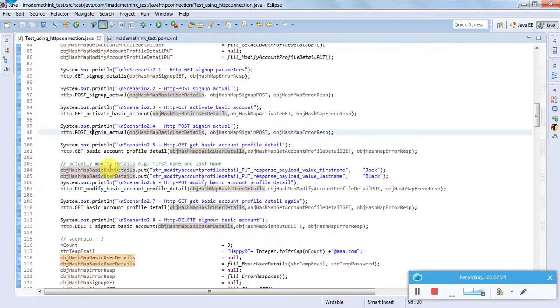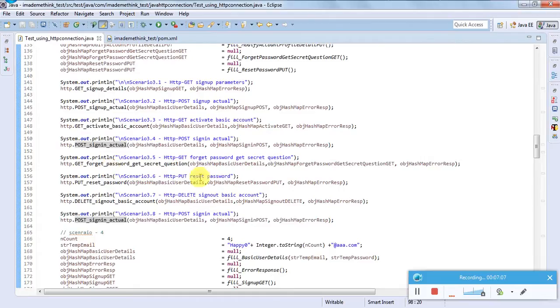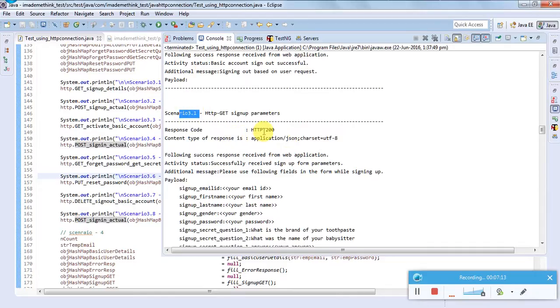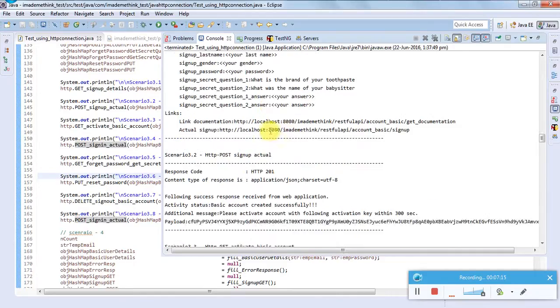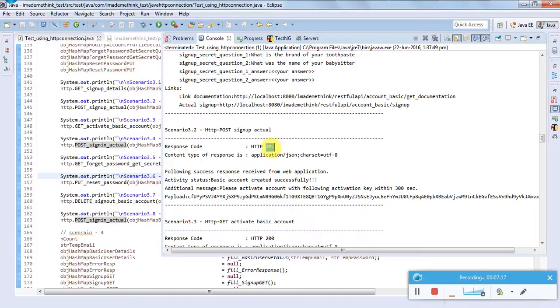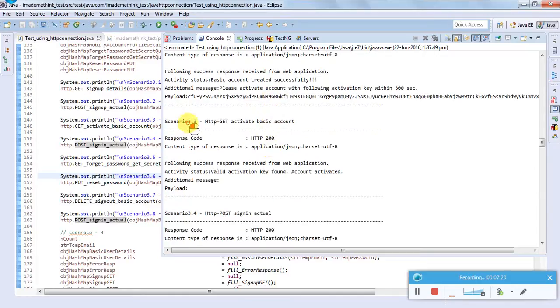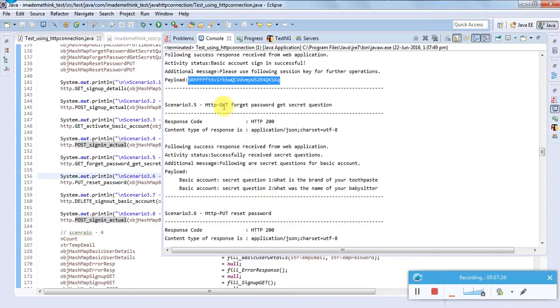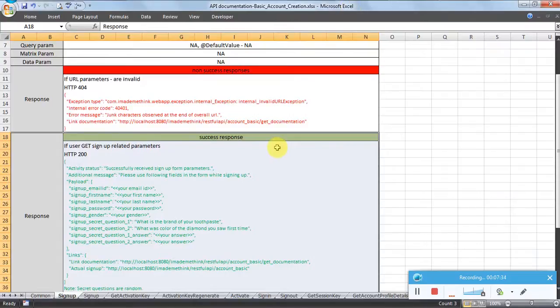Scenario number 3. What I'm doing is a forget password and reset password. So scenario number 3: 3.1 is 200 OK, 3.2 is 201, account created successfully. 3.3, account activated successfully. 3.4, sign in is also successful, and it says please use the following session key, generated a session key for further operation. Forget password, as per the forget password specification,